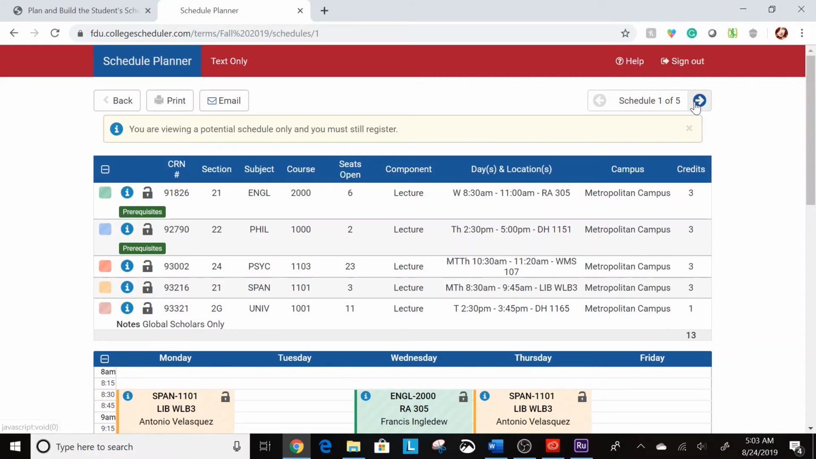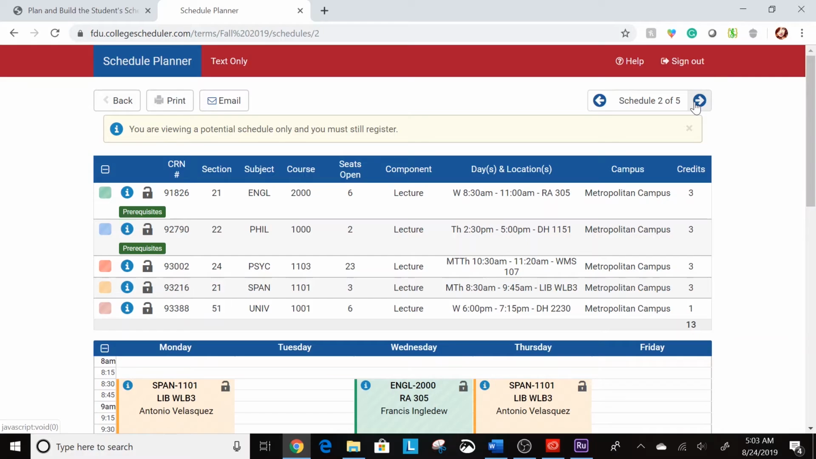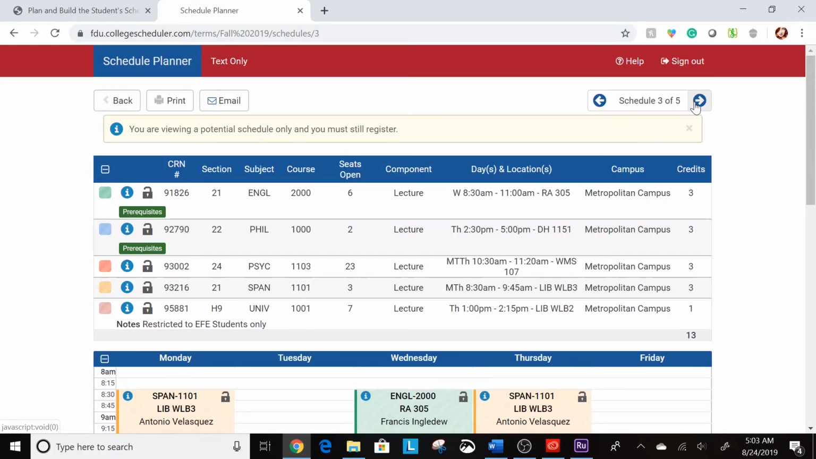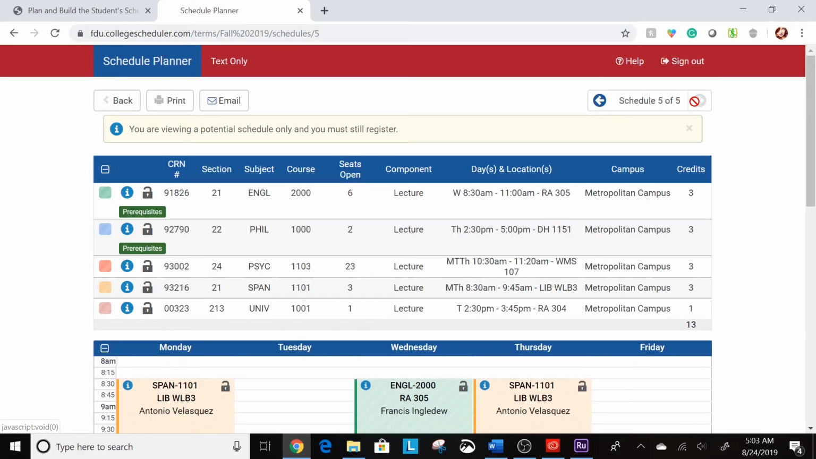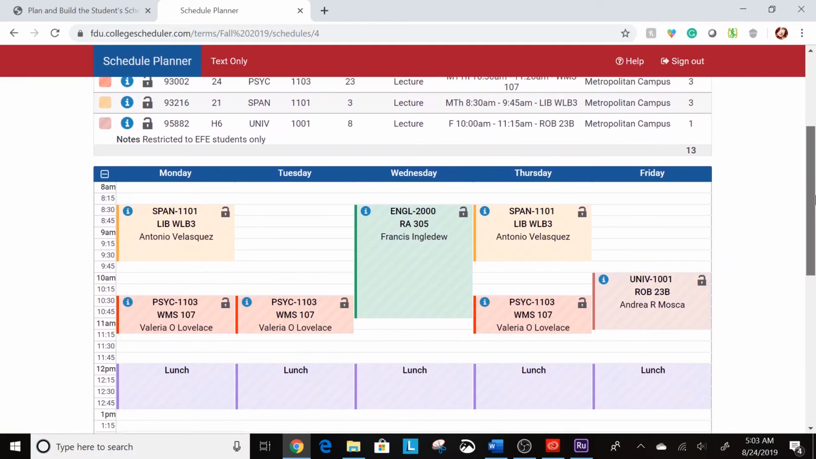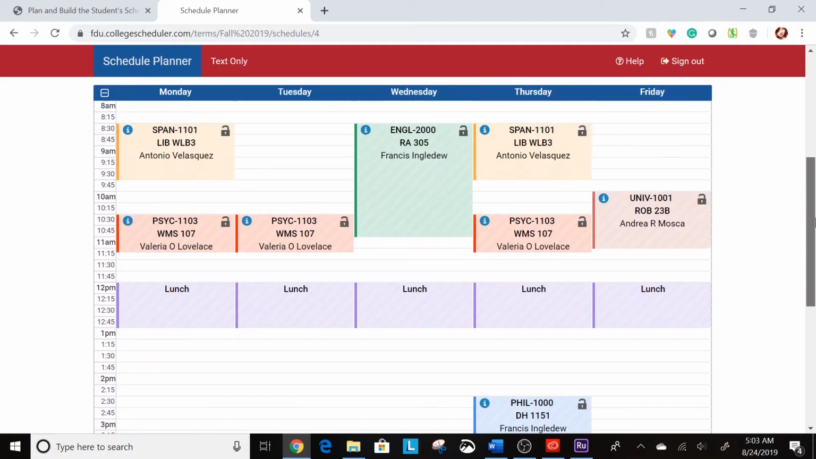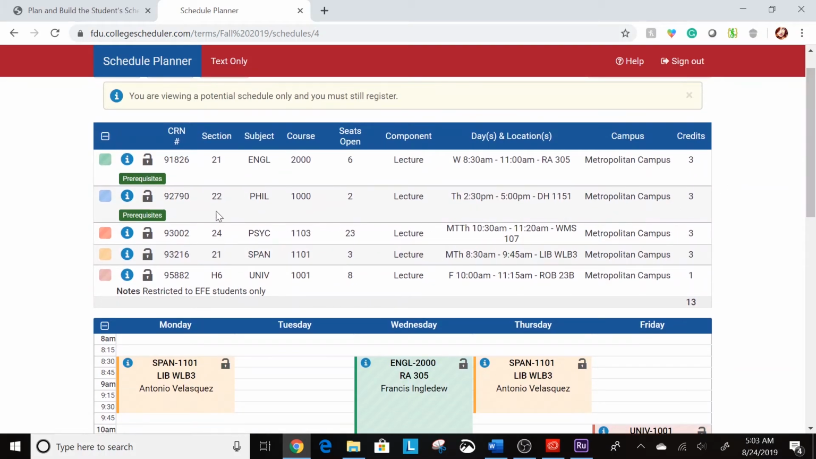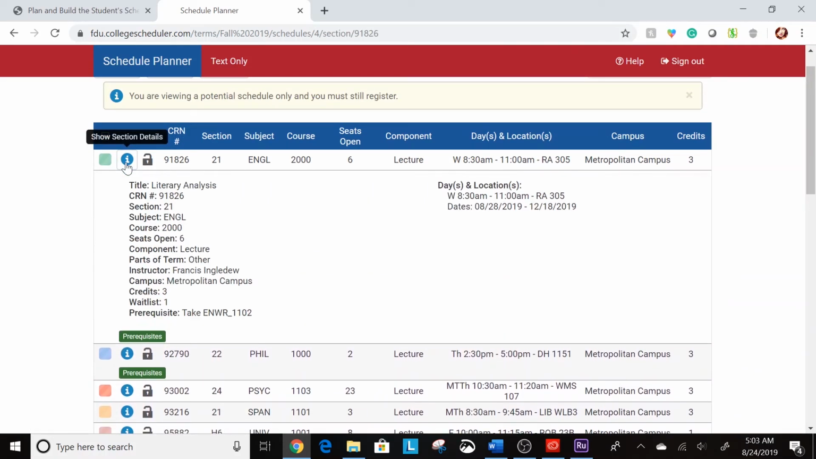From this screen, you can also click on the Schedule 1 of 2 tab to advance to the next schedule option. Each schedule screen also shows the courses on a planning grid. For each course in the schedule, it is important to click on the blue circle button to view any prerequisites,